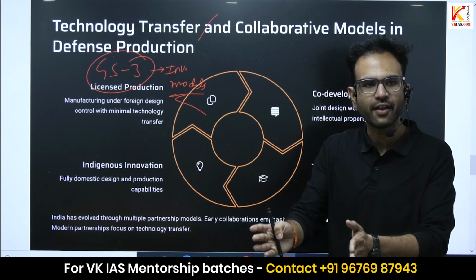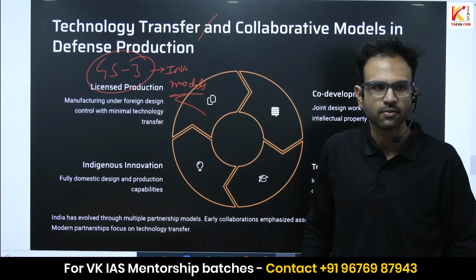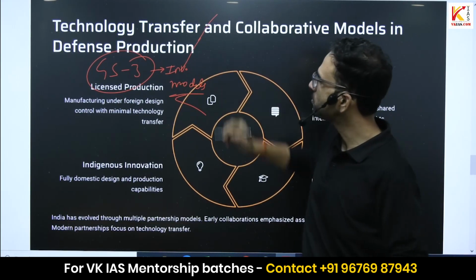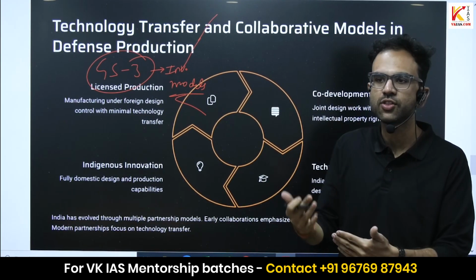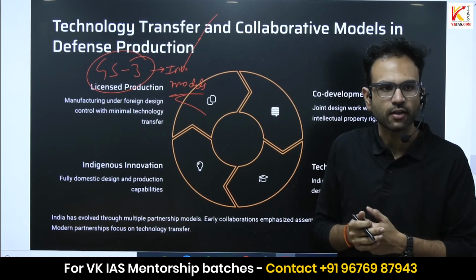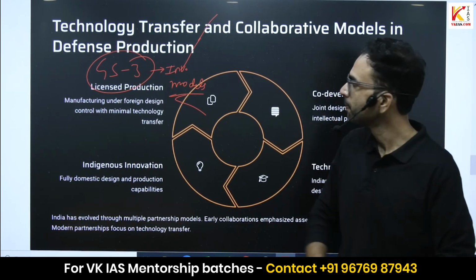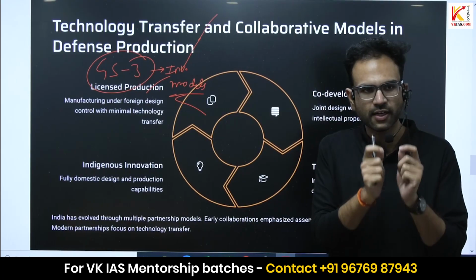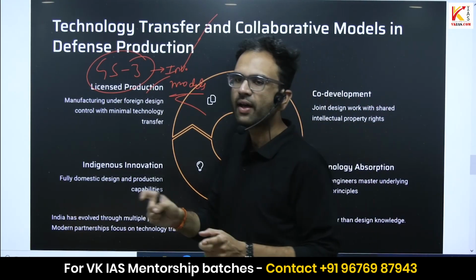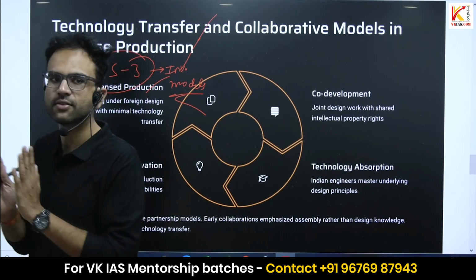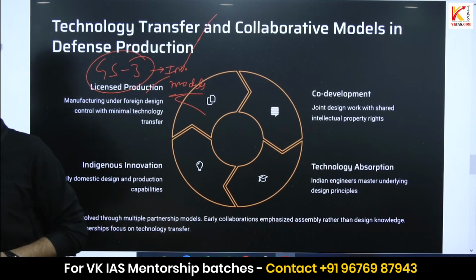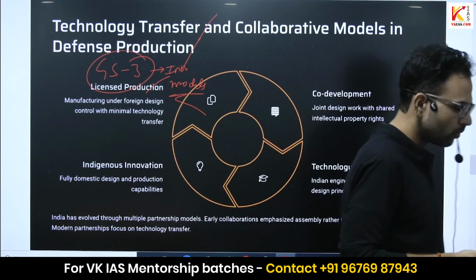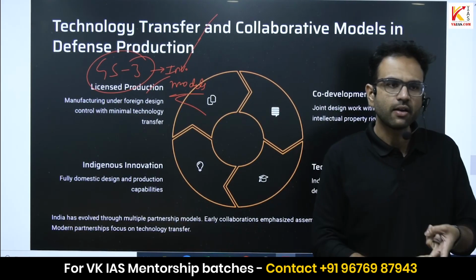I'm not going in a linear way and only explaining about one topic. You have to expand your thinking, and that is the purpose of this class. So in that, investment models, what are the different ways in which you can partner with the private sector? You need to know that. Licensed production. What do you mean by licensed production? You give a license for a technology to one company where the government believes that, okay, this company has certain standards, it can do the job. That is one way. Co-development. It can be with a company, it can be with a country.